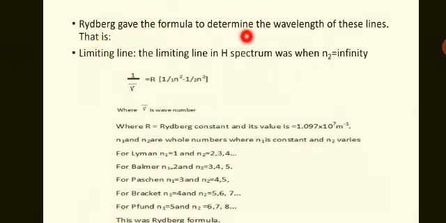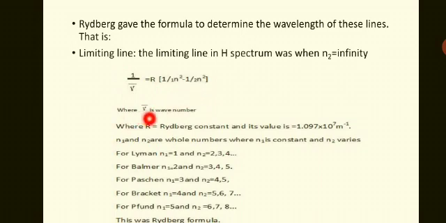That is 1 upon wave number, 1 upon lambda, is equal to R, the Rydberg constant, multiplied by, in big bracket, 1 upon n1 square minus 1 upon n2 square,